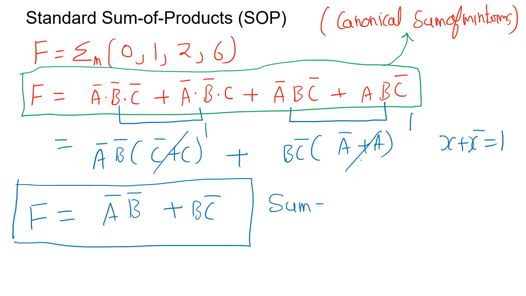Now there is no further optimization, so now this particular expression is known as sum of product, or in short it is known as SOP form. So you can see we have product and these products are summed together, so that's why it is known as sum of product. Getting? So similarly, any expression once you write in its standard form or full form, it is sum of minterms. Once you optimize it and make sure every term has product, then summation, then that is known as sum of product. Right? I hope it is clear till now.